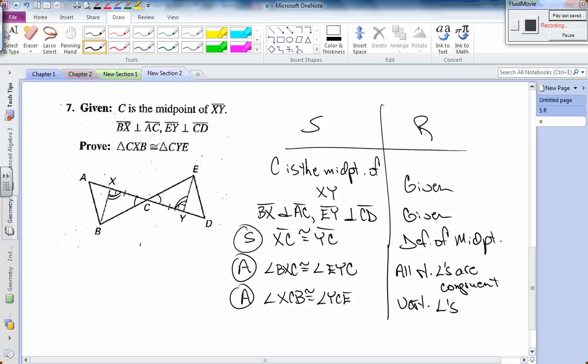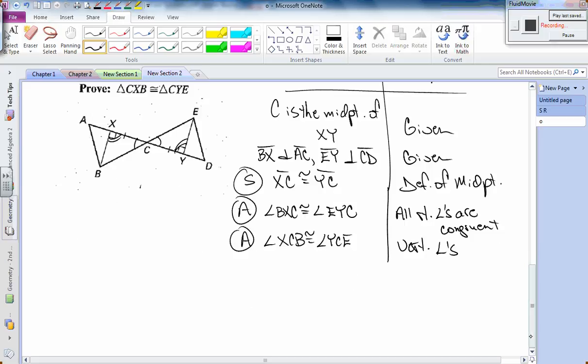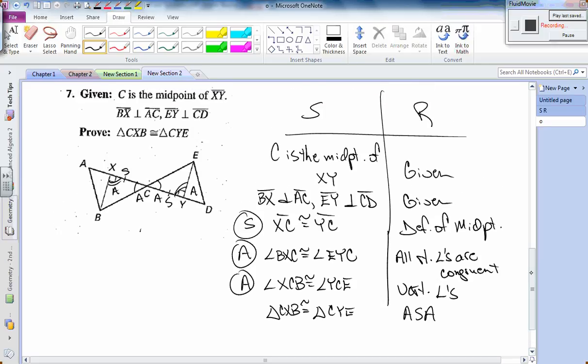And what we have is 3 congruent statements, 2 angles and a side. And let's make sure our order is correct. We have angle here, side, angle. We have angle, side, angle. So these triangles, which we're trying to prove, triangle CXB is congruent to triangle CYE by the angle, side, angle congruence postulate. And that's how you prove question number